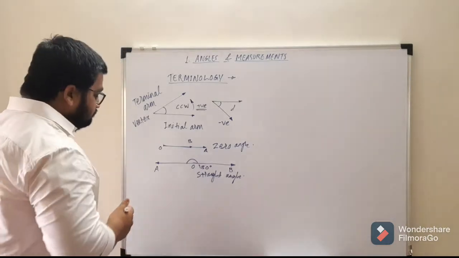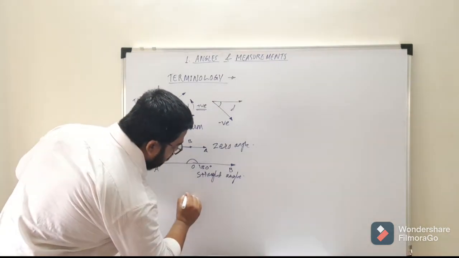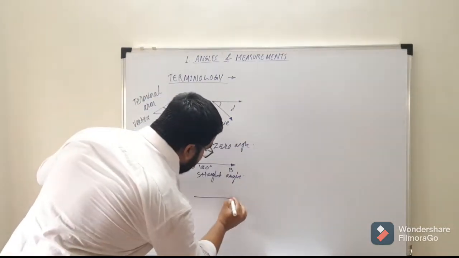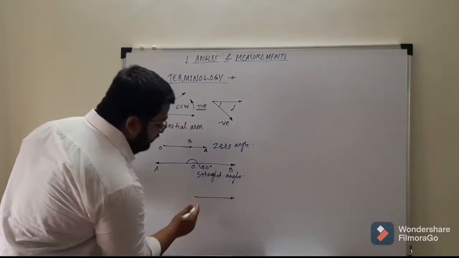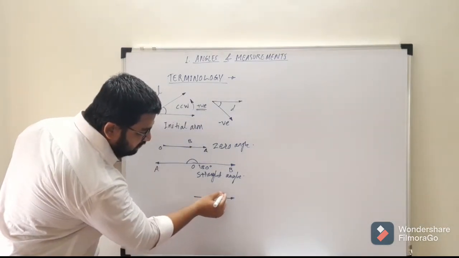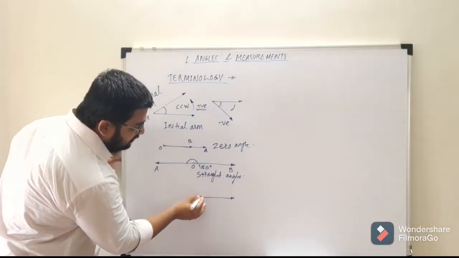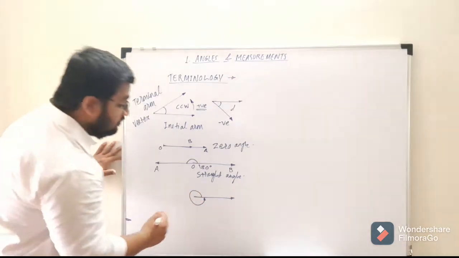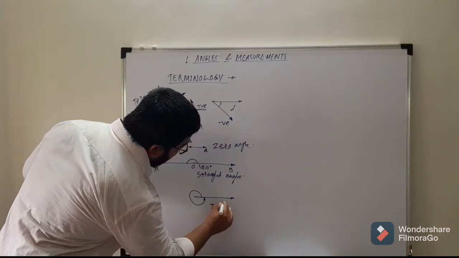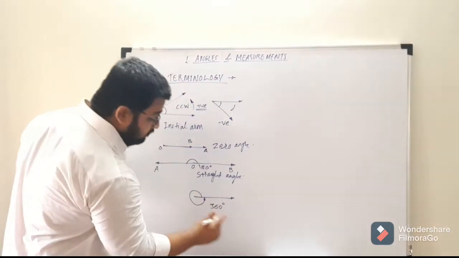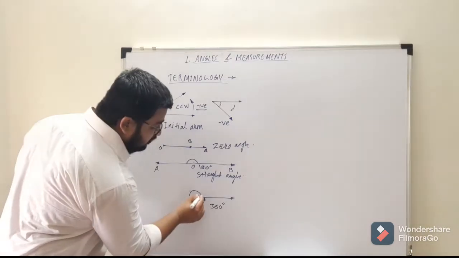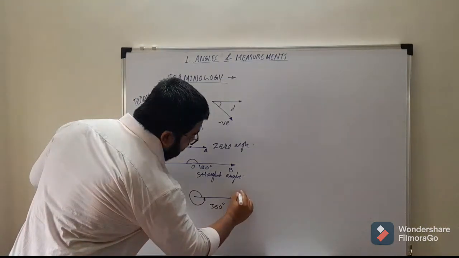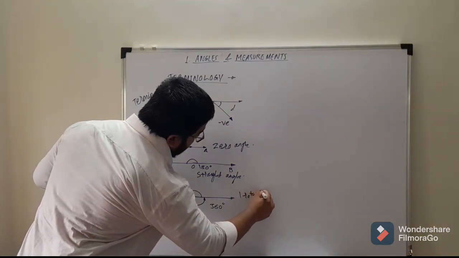Now the third type is the one rotation angle. What do we call a one rotation angle? One rotation angle looks exactly similar to the zero angle. Suppose this is the initial arm, and the terminal arm started moving from this. It completed the entire rotation and came back here again. That is, it has traveled 360 degrees. So if it travels 360 degrees, it will definitely come back to its original position, where it started from. So this is one rotation angle because it has completed one entire rotation of 360 degrees.